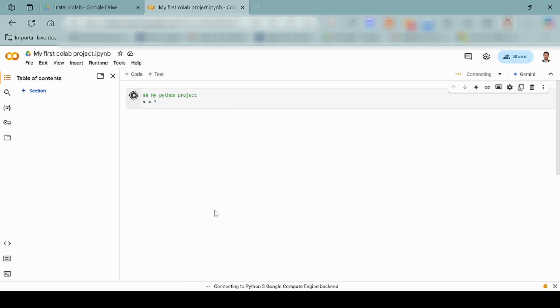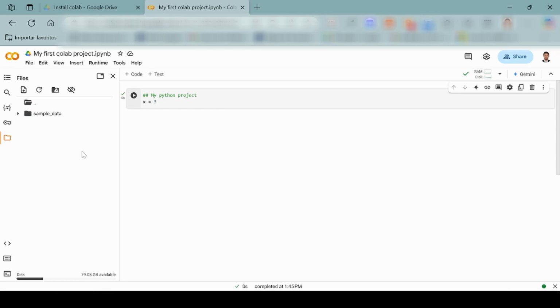When you execute the first cell, the environment will connect to Python. And here you will have some temp files. Remember, any file that you upload here or you create here will be only temporary. So when you finish using this notebook and you close it, you will lose everything that is here and any installation that you put in any cell, like pip install library, for example.